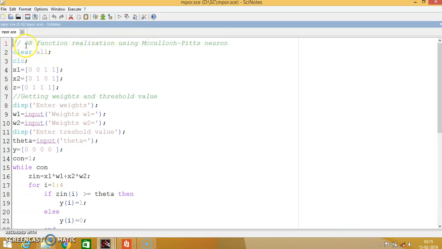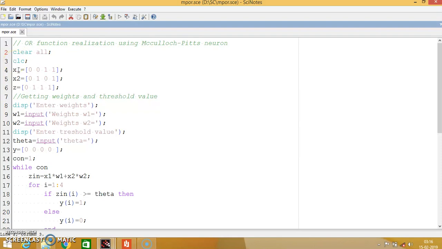So this is a Scilab file for the McCulloch-Pitts neural network model for the OR function realization. As we did in the last practical, we require these two commands in every editor: clear all, to clear the variable browser contents, and clc, to clear the console window contents.